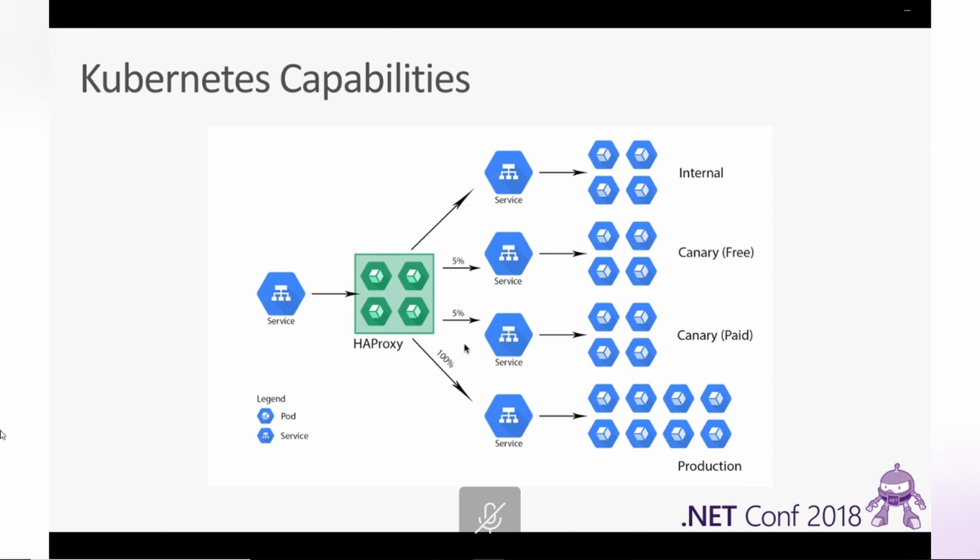Then you can promote those same changes, meaning that you will update the service with the new version of the container image, in a canary way, so that only your free users will be experiencing it, and that will be only 5% of your users. Then, if everything keeps working as expected, you will promote your changes to a canary for your paid users. But you're not going to do it for all your users. You can do the proper configurations to promote those changes to a service that only receives 5% of the traffic